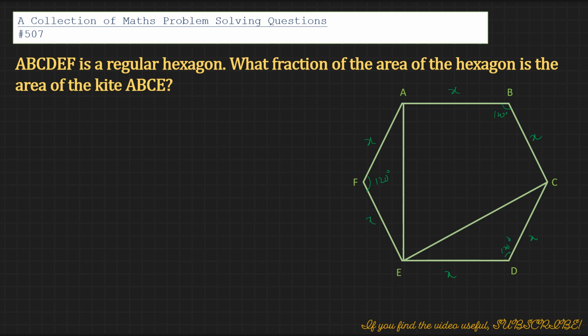The next thing I do is, now we have to find the area of the kite ABCE. So I will first join AC, and you see that triangle AEC is equilateral. And that's because angle